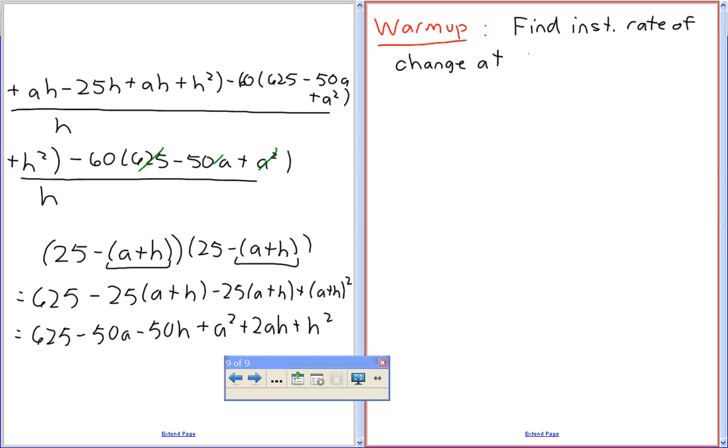X equals 3 and 5. It's the same thing as on the warm-up. Oh, it's 3 and 5. Okay, 3 and 5, that's right. Okay, f of x equals that. Now,